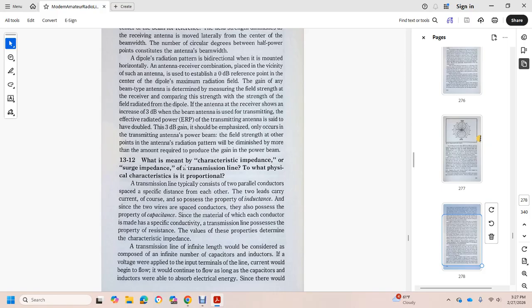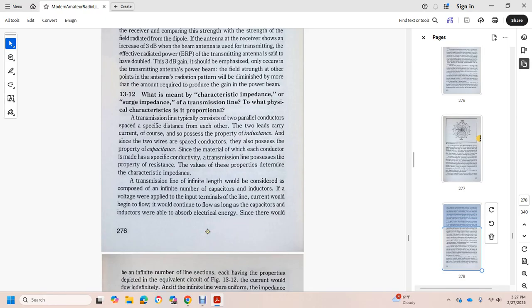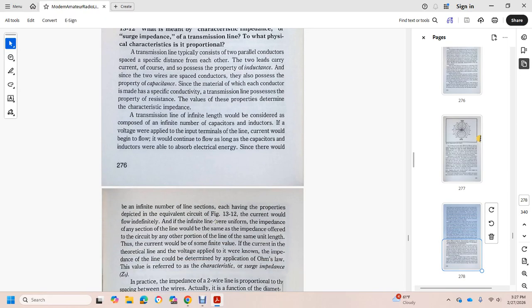of a transmission line of infinite length, considered with an infinite number of capacities and inductors. With voltage applied to the input terminal of the line, current would begin to flow and continue to flow down the line as the capacity and inductors are able to absorb the electrical energy, since there would be an infinite number of sections, each having the property of the equivalent circuit in figure 13, and the current would flow, identifying a line where a uniform impedance